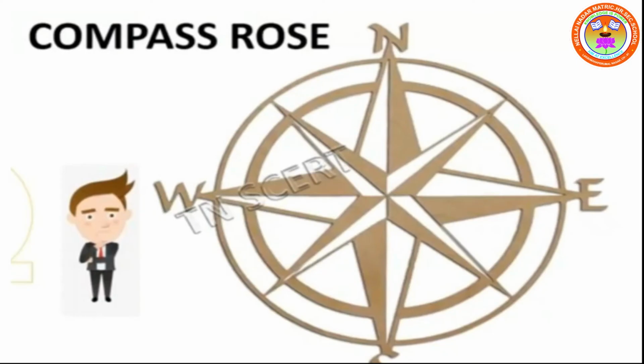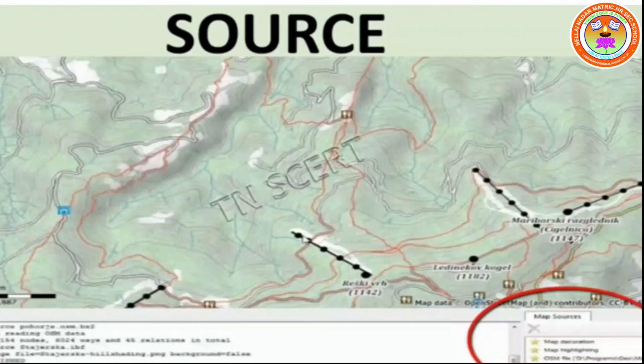Direction. A map must indicate direction. This is done by means of an arrow pointing to the north. Directions on a map are often given with a symbol called a compass rose, which always shows north. Sometimes all the cardinal directions such as north, south, east and west are shown. In addition, the intermediate directions of northeast, northwest, southeast and southwest may be given.